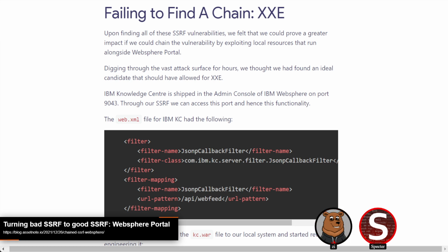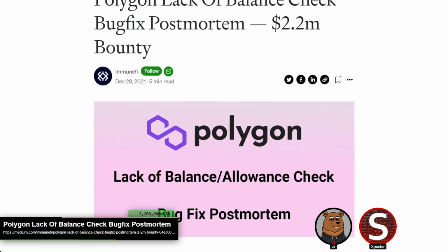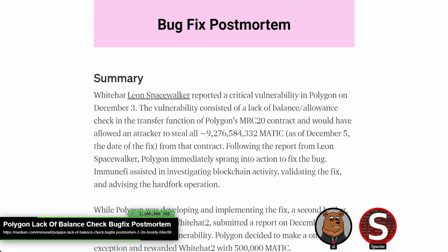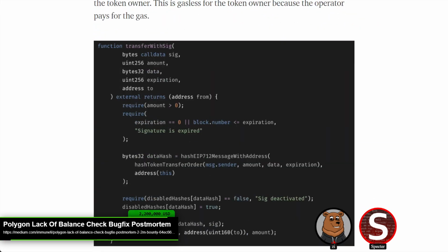Yeah, and unfortunately, that same problem exists in our next post as well, because again, I tried to search something up with it and I couldn't, and that is Polygon. So this next topic, we have a bug in Polygon detailed by Immunefi, which is